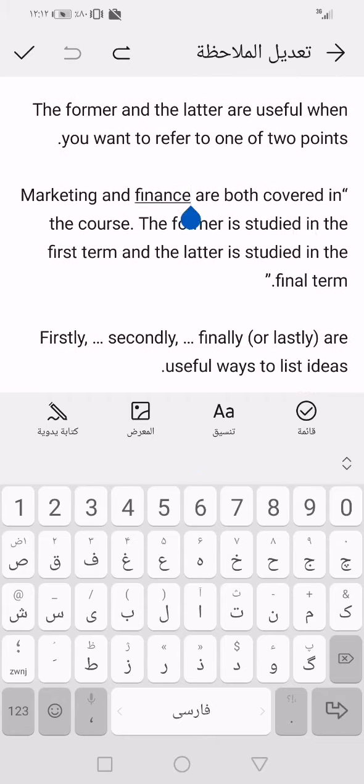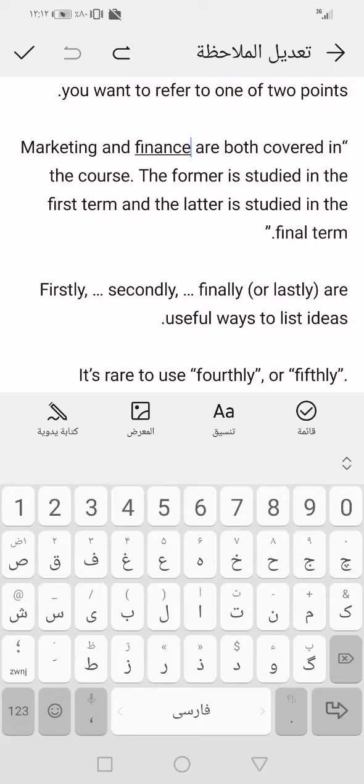Marketing and finance are both covered in the course. The former, marketing, is studied in the first term and the latter, finance, is studied in the final term. So what does the sentence mean? Marketing and finance are studied in the course. The former, the first, is studied in the first term, and finance, the second or last, is studied in